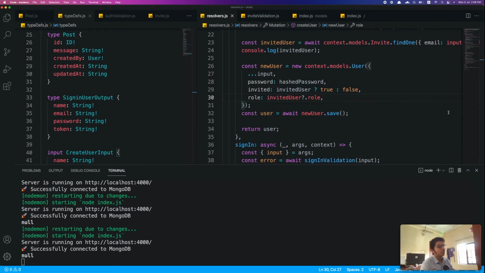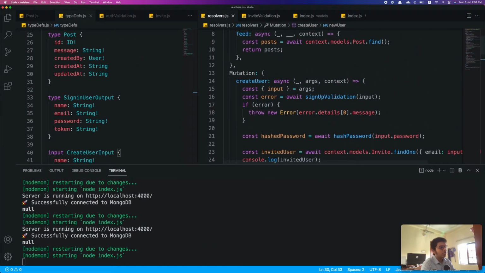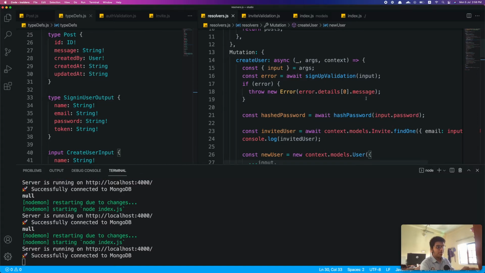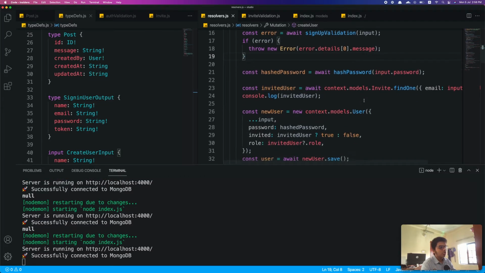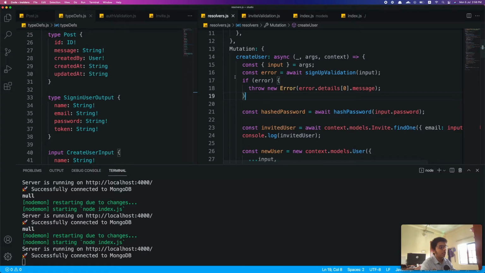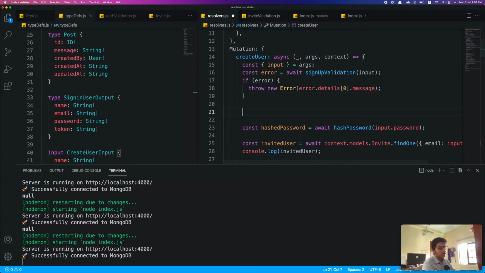So right now we also have another error in this create user, which is we are able to sign up users again and again with the same email and password. So we should not allow that. Before we do anything like hash password or anything, once the data validation is done, let's check if the user is already there. Await